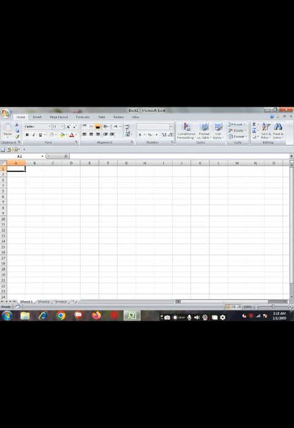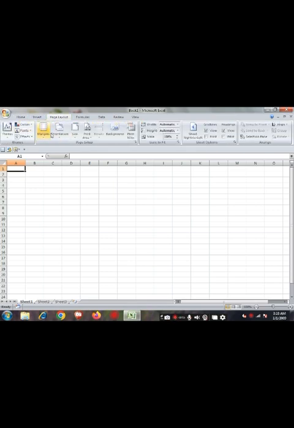And next is the ribbon bar. Now we have clicked on home, it shows the options of home that we need to work on the software. When we click on insert, it will show the options of insert. When we click on page layout, it shows the options of page layout.